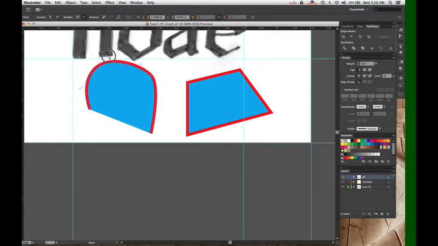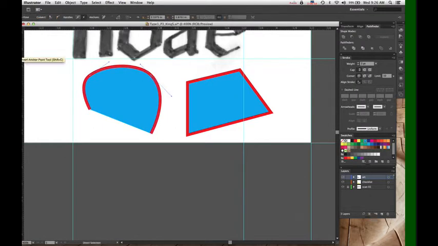Now, this is what's a little confusing for people at first. When you pull out curve handles, it tends to keep the two handles, the left and right hand side of the point, at a tangent to the curve. So you move one side, the other side moves with it.